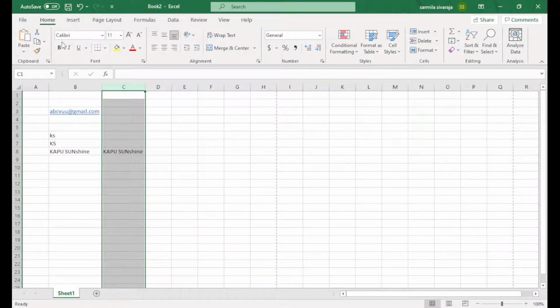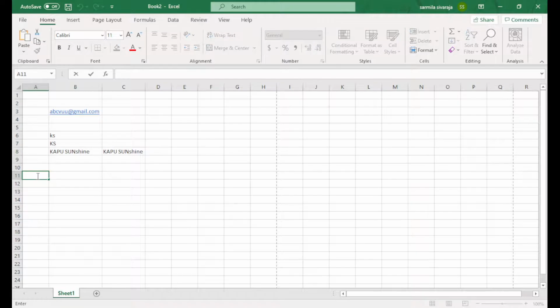Let's come to the Home tab. I already told you we call this box a tab and this a ribbon. So each ribbon has some sections. This is the clipboard section, this is the font section, the alignment section, and there are so many sections under each ribbon. So when we come to the clipboard, as usual we can use copy, paste and cut. It works the usual way, but here there are some additional features. For example, I will type some wording here. Okay, I will add some format here using this font.